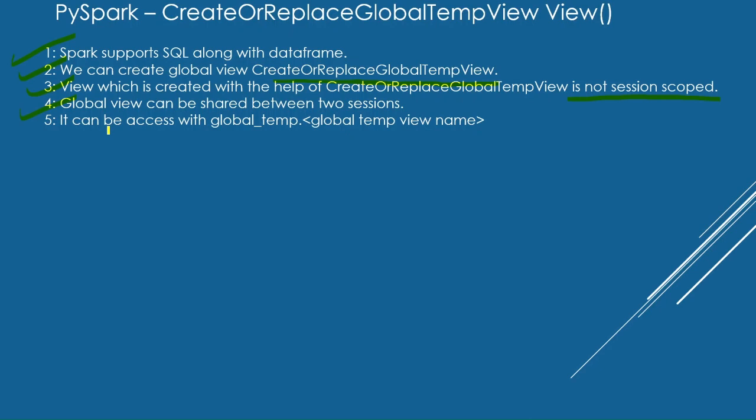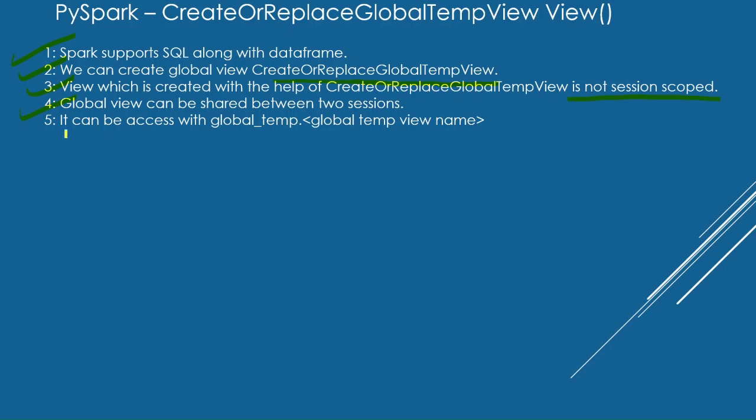It will only expire once we shut down the cluster and restart it. At that point of time, the global view cannot be seen. Otherwise, the global view can be shared